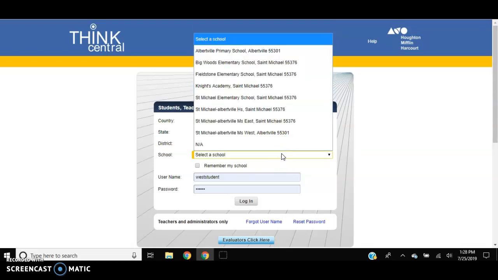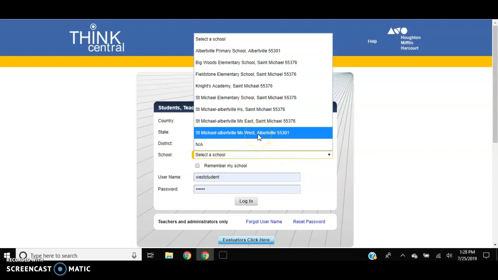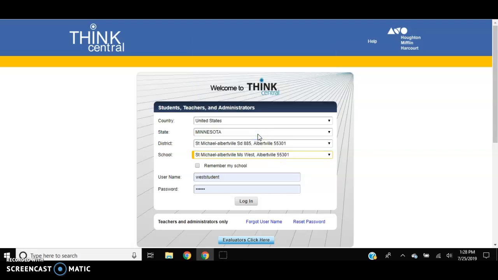And finally select school. We are STMA Middle School West, so make sure that you are loaded in as West. When that is done, click Remember My School, and you won't have to select those each and every time you